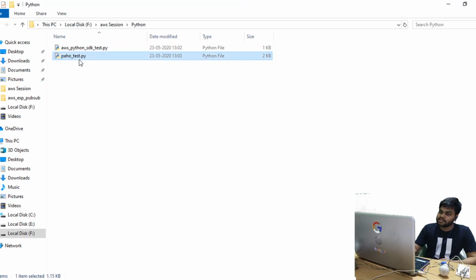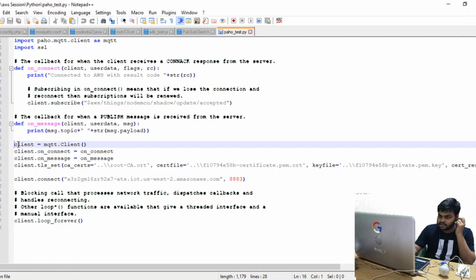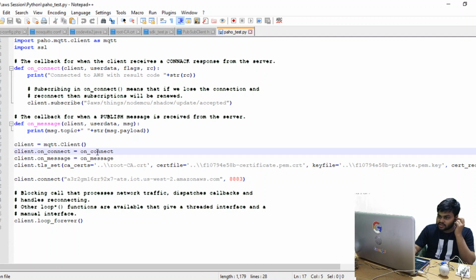I have already written this sketch. I will explain things because the session can be very long. Import paho.mqtt.client as mqtt. This is the basic sketch. On connect, on message. Okay, so we are creating an object of this mqtt.Client class. We have created this object, client in small caps. Client.on_connect, we are calling this function on connect, and this function is defined right here. And this is the second function, client.on_message, this whole function.